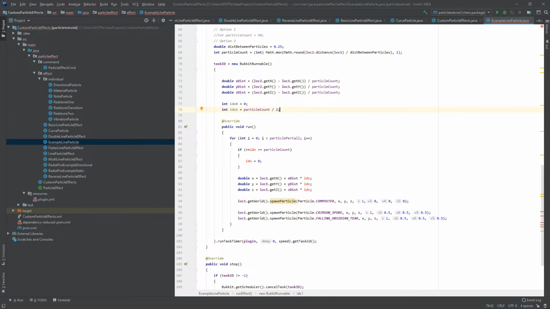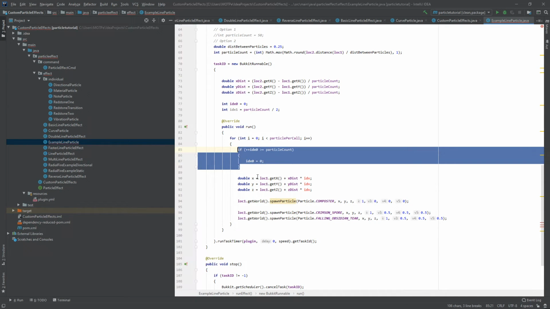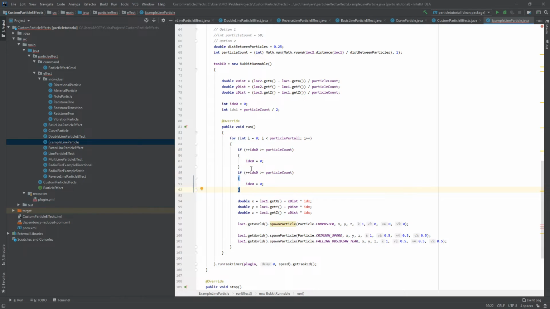That way the first index will start at the beginning of our line, and the second index will start halfway along our line. And then nice and simple, just have to basically create everything we wrote and duplicate it with an index 0 version and an index 1 version. So I'm just going to do index 0 here, and then just going to copy this, paste it immediately after, just replace that with index 1,